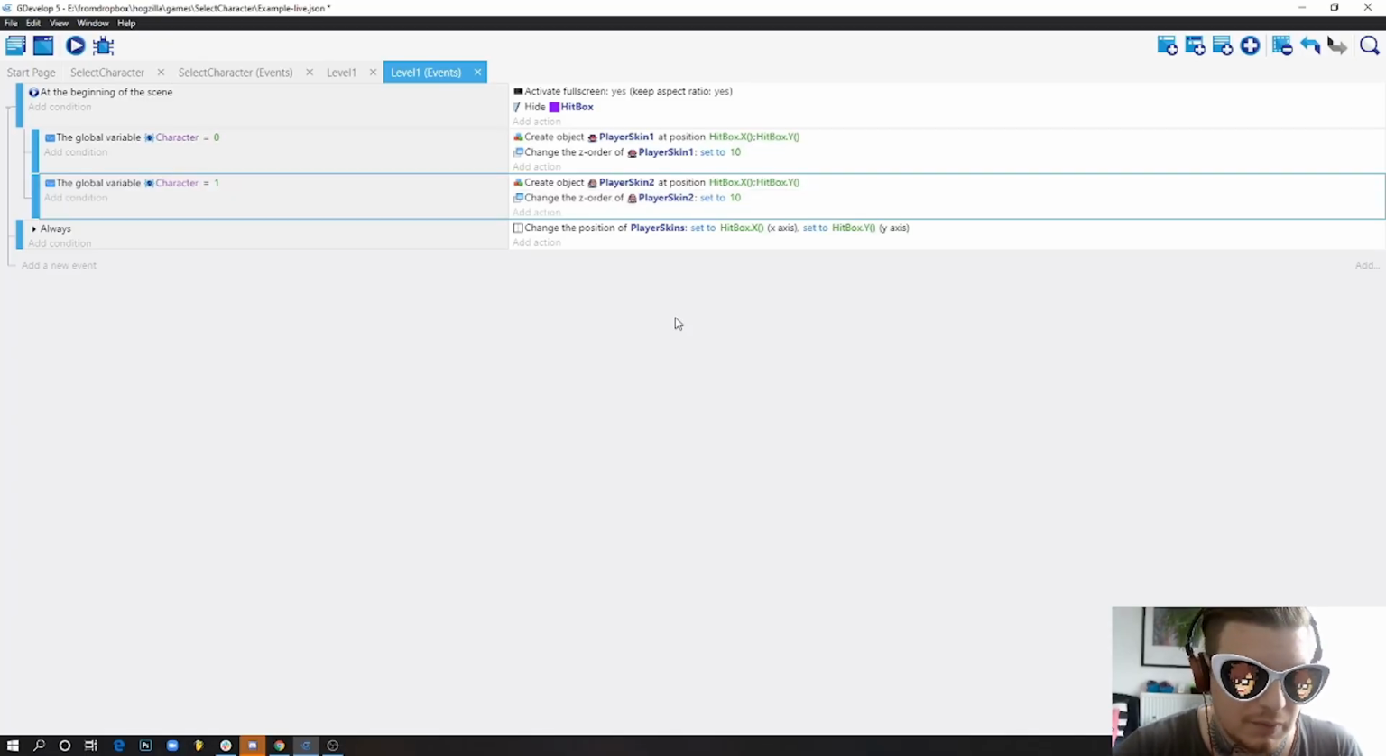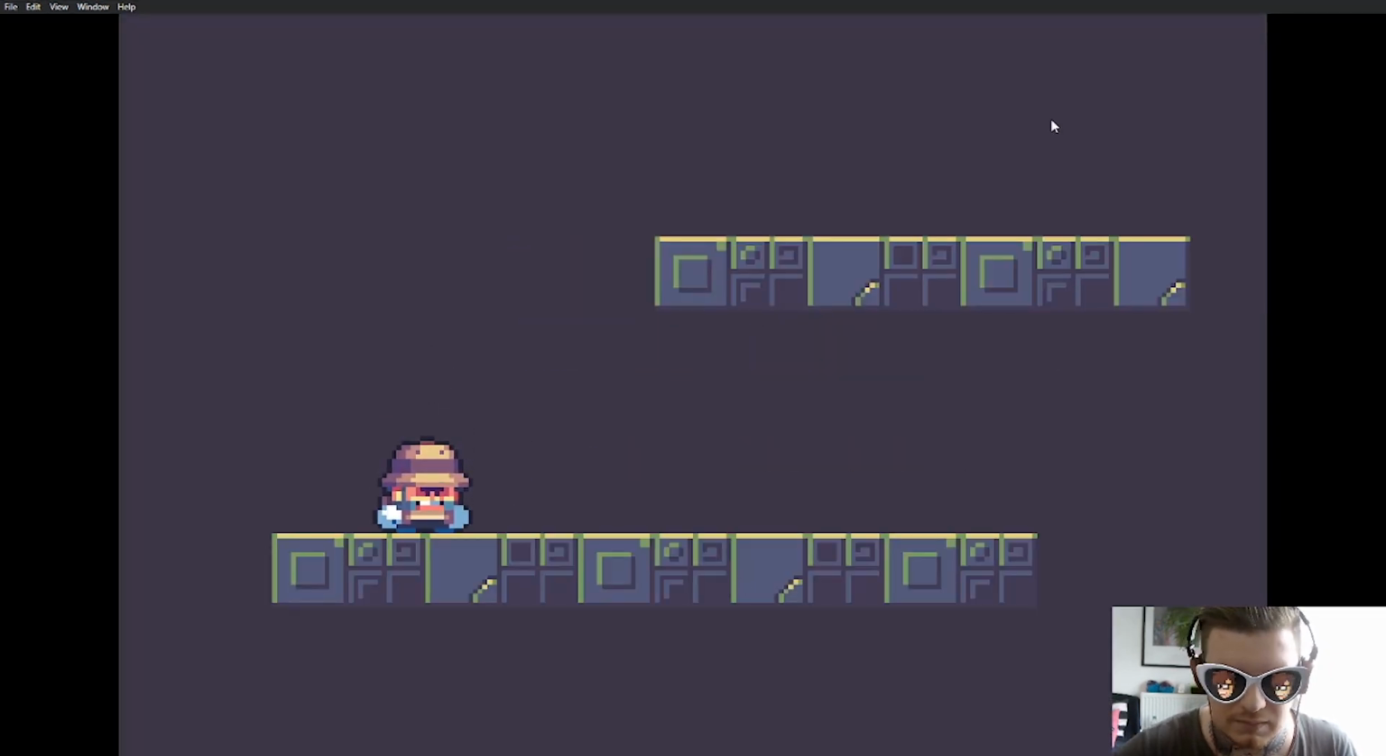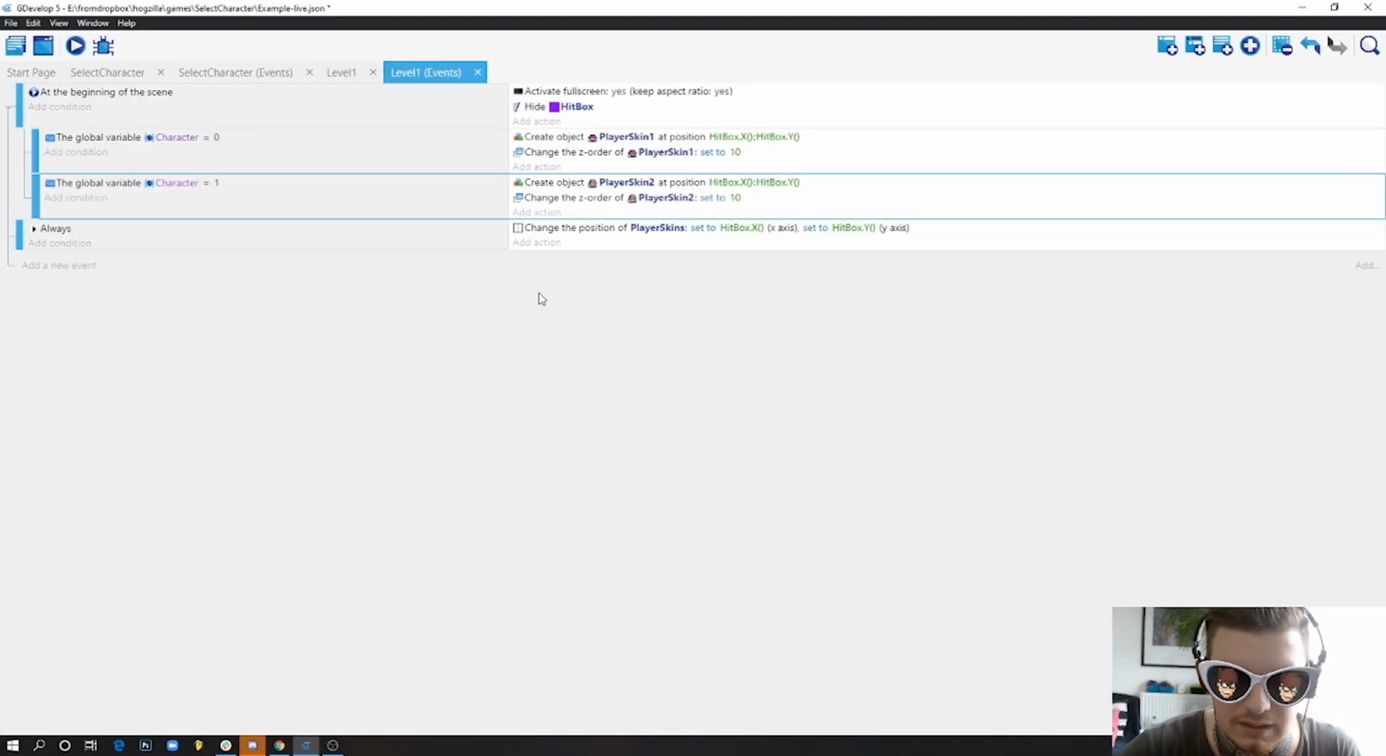Now another thing we can do with this is change the players' abilities, right? Right now we can only change the skin. So if we run the scene and I select this one, it jumps with the same speed, with the same gravity, with the same everything. Doesn't matter which player we selected. We can actually change that. I can say that at the beginning of the scene, if the global variable of the character is 0, so if our player is a cowboy,